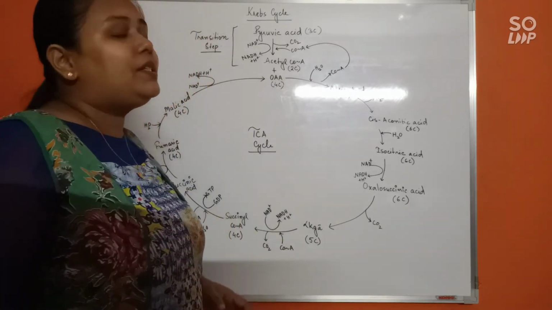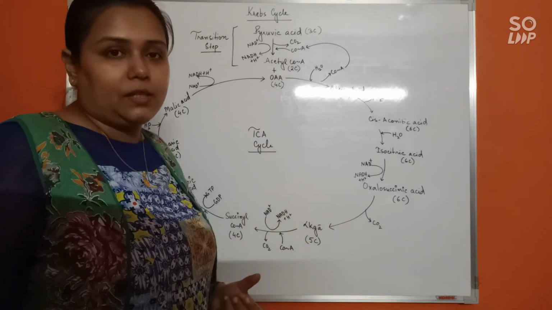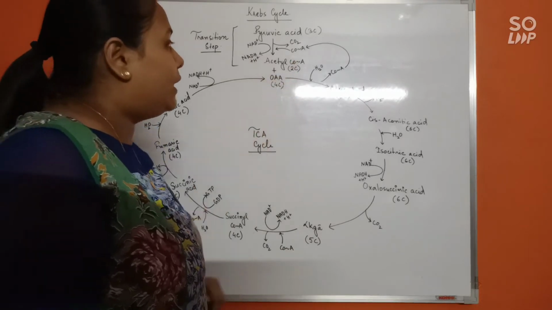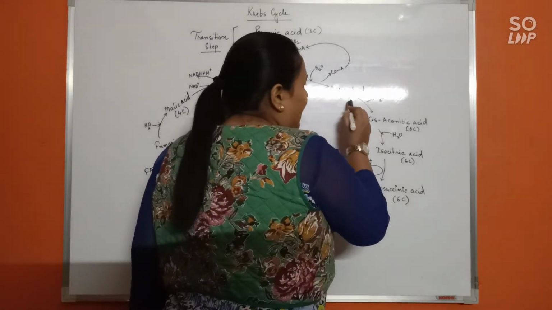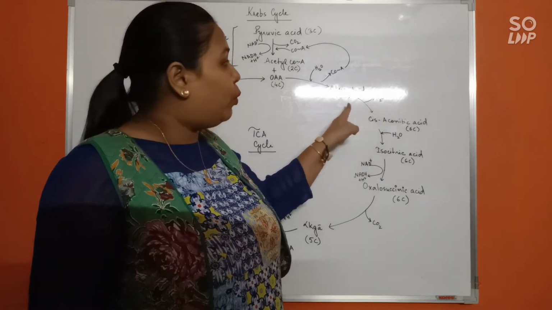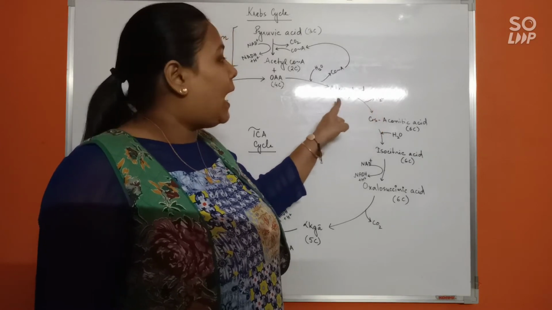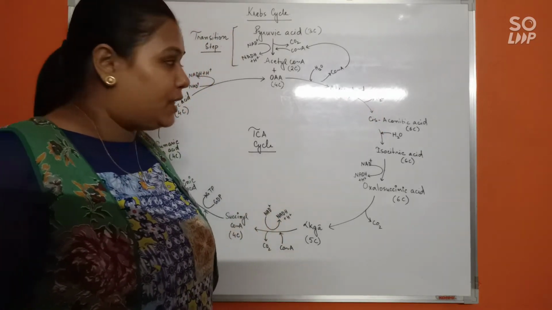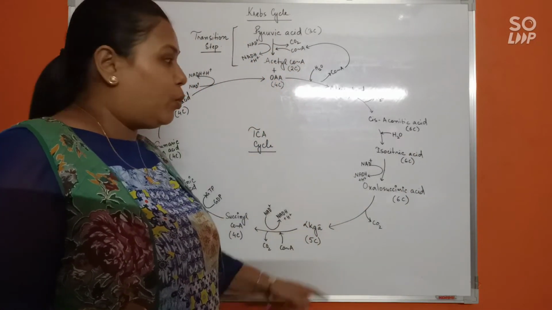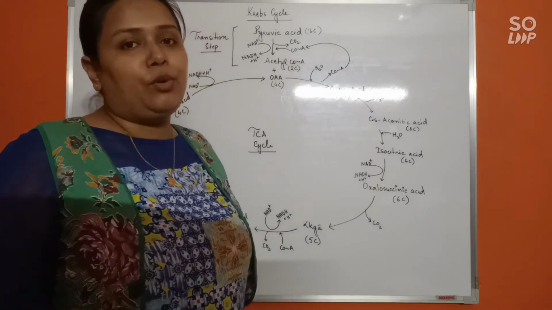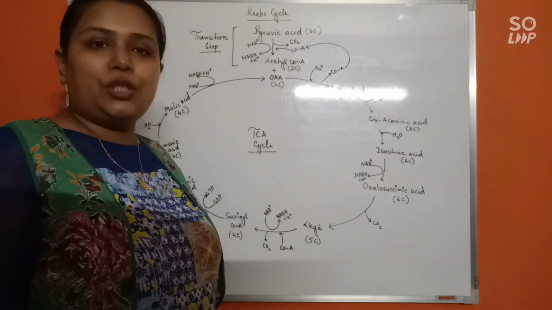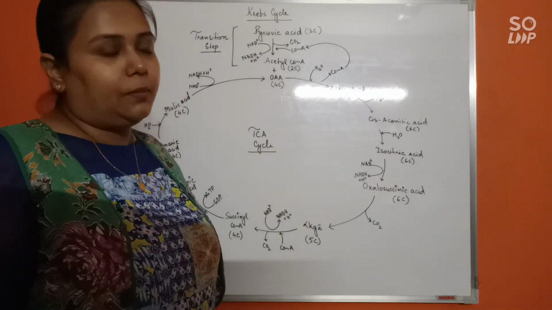Now let's see what will happen when the Krebs cycle begins. The major objective being this 2 carbon has to be lost, right? So let's see how it will happen. Citric acid undergoes a dehydration step where water is lost, and it gives rise to cis-aconitic acid, and cis-aconitic acid undergoes a hydration step where water is added, forming isocitric acid. All of these are 6 carbon compounds. So no carbon has been lost yet, and of course they are going to be 6 carbon compounds.